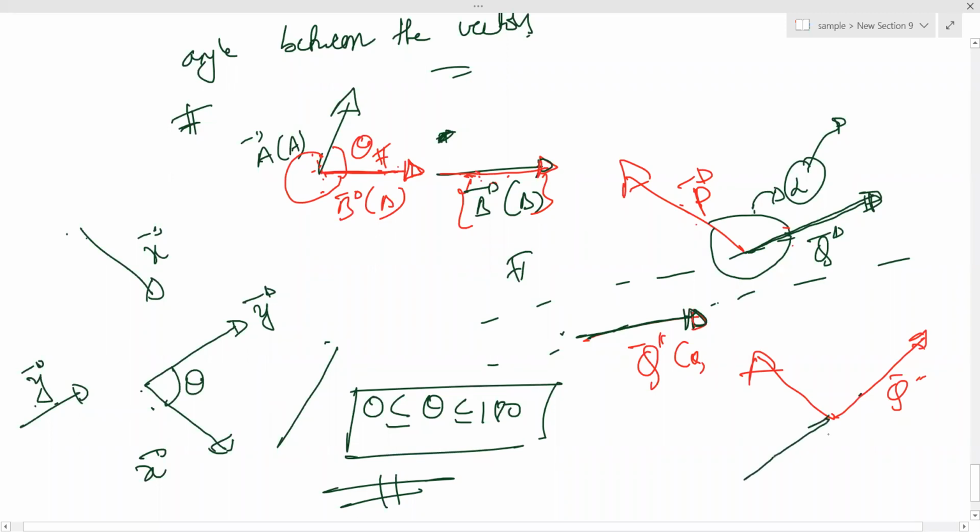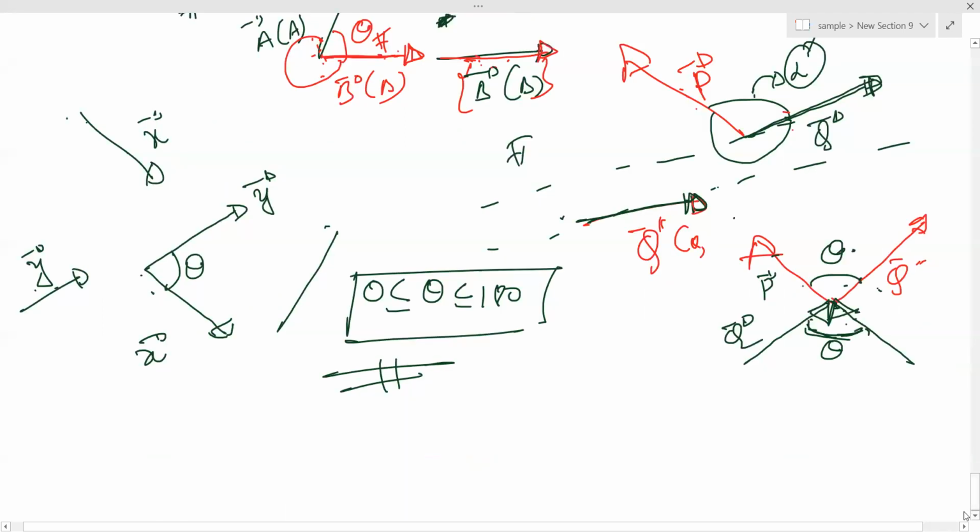Will there be any problem? Parallelly, along the same line, right? Yes, you can shift. Can I shift P also like this? Yes, you can. Now you know from geometry, this is the angle between vectors according to the statement I gave, right? But according to geometry, both angles should be equal or not? Vertically opposite. That means definition-wise it is tail and tail. If head and head are joined, the angle between them is also the angle between the vectors.